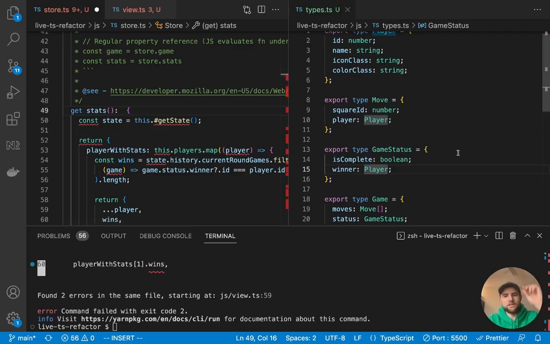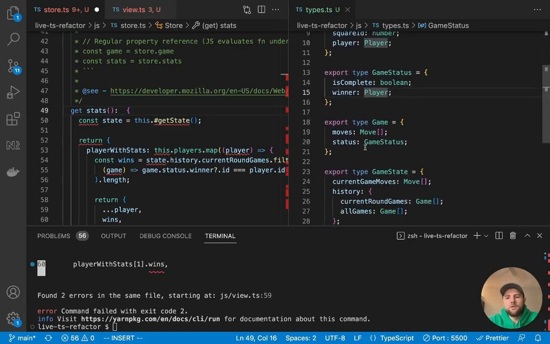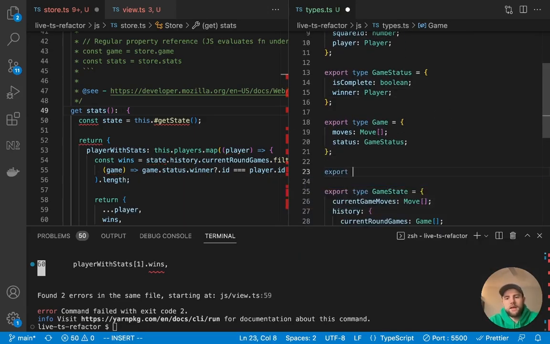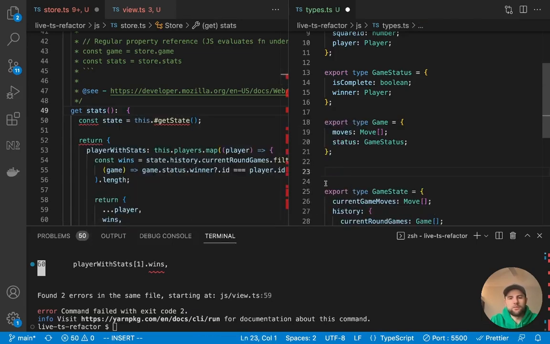It's better to be explicit, and I'll show you exactly why in a second. So let's say this type is called derived game state or something like that. And you don't have to define this here. You could define it in this file itself. And I would actually say that that's probably the better place for it because it's specific to this file.